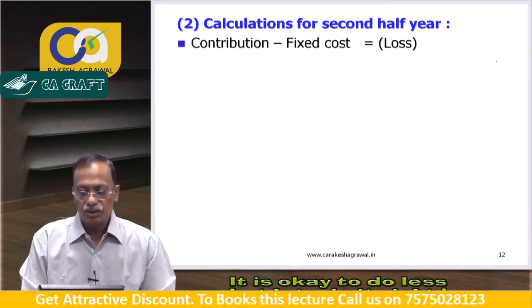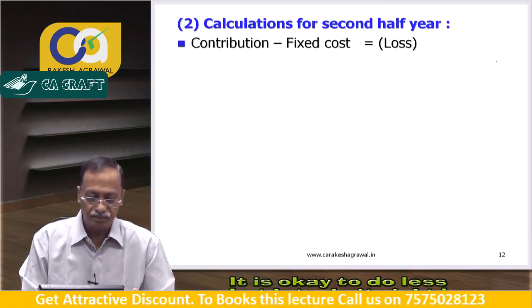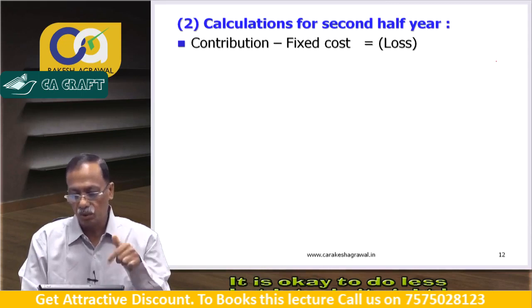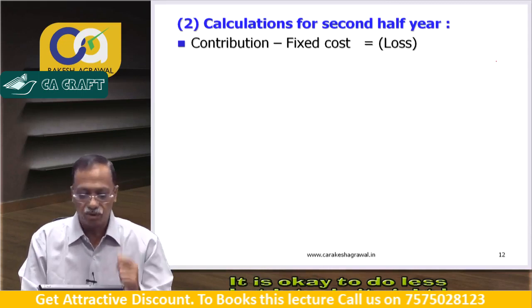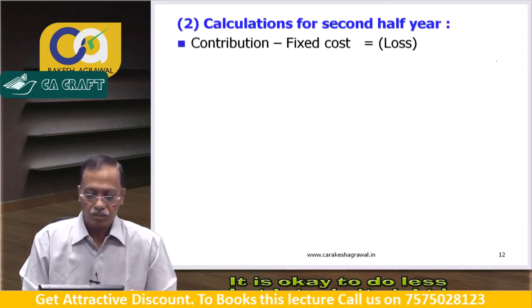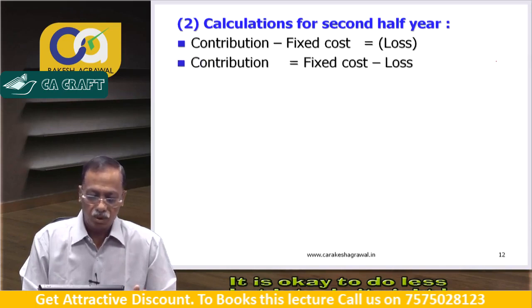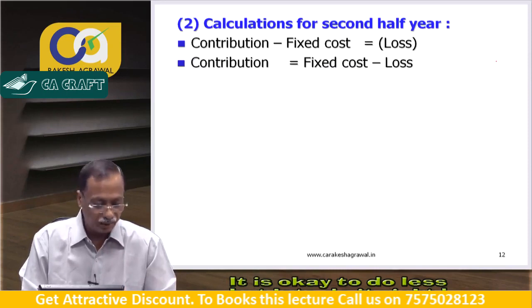Contribution minus fixed cost is equal to loss. Loss in the bracket because it is negative. This is our original formula. That is golden formula. Therefore, contribution is equal to fixed cost minus loss. Loss was already carrying a negative sign. Contribution is equal to fixed cost minus loss